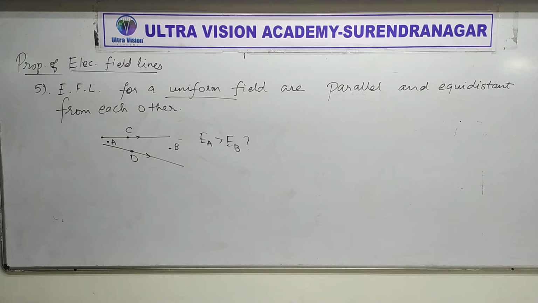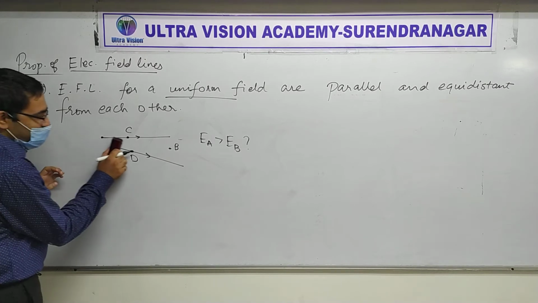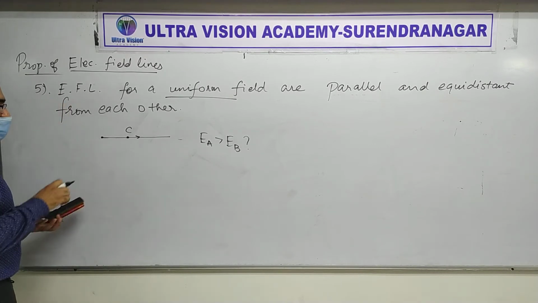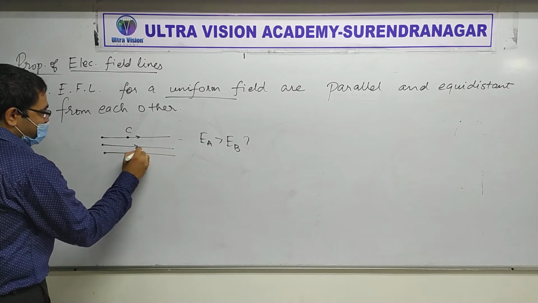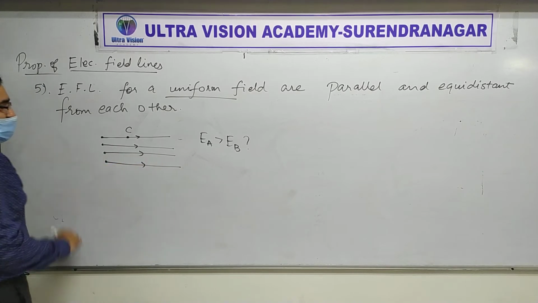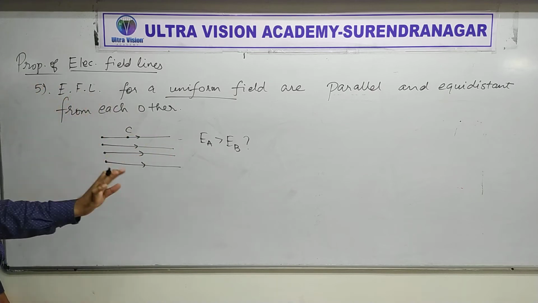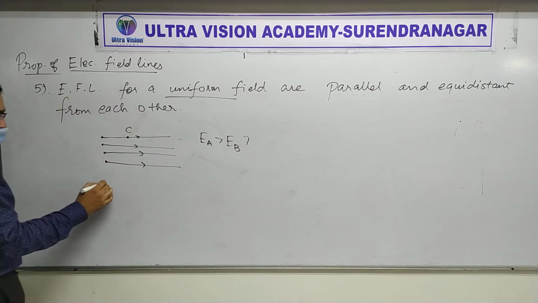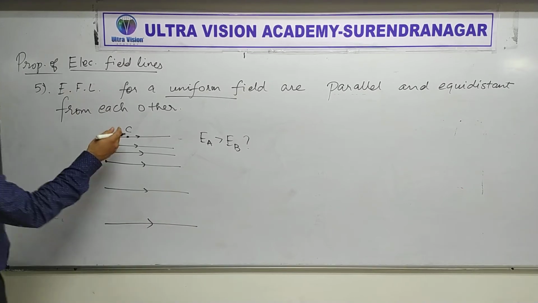So now, let's read what we have written. The electric field lines have to be parallel to each other. So one problem will be solved. So let's say electric field lines are parallel to each other. I am trying my best to draw parallel. Excuse me if there is a little bit of mistake. Like this. So at every point the direction of field is the same. Got it? But we still have one more problem with that. It can't be like this also.